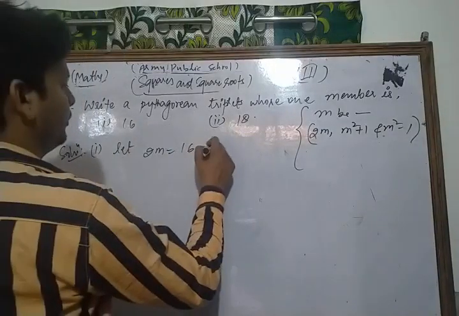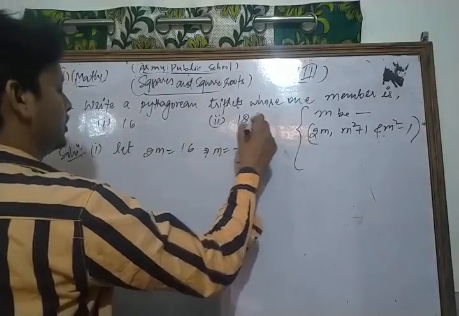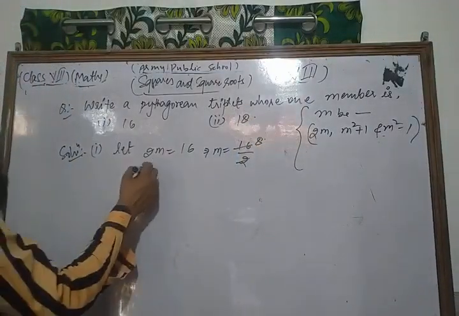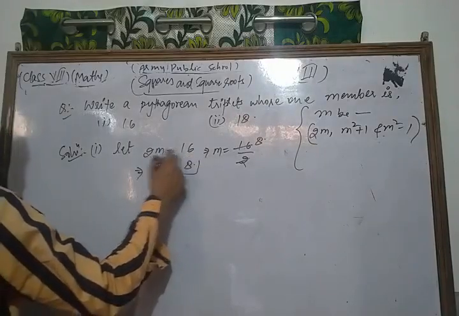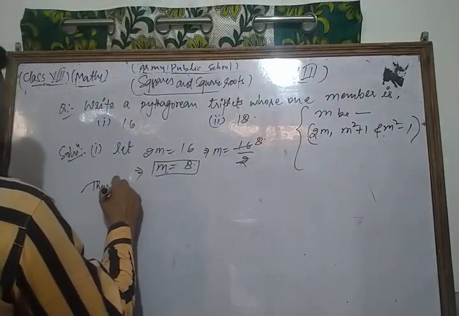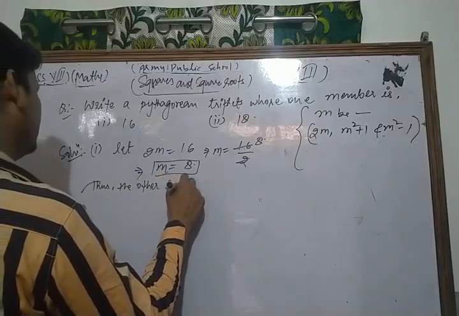So from there we find the value of m, 16 upon 2. This is 2 at the 16, that is, we get the value of m is 8. Thus the other two members are...